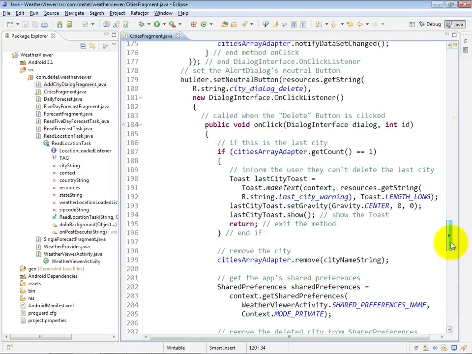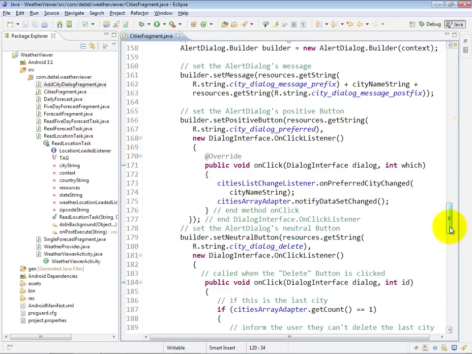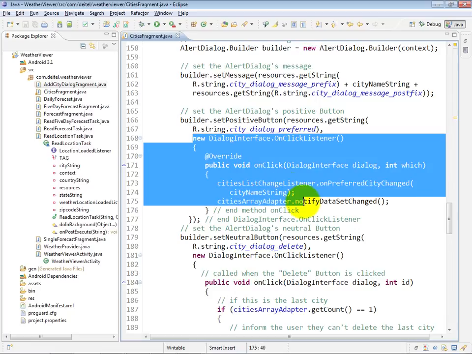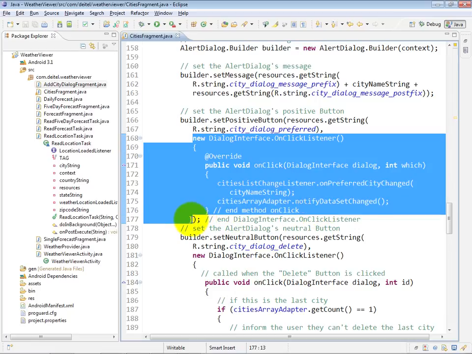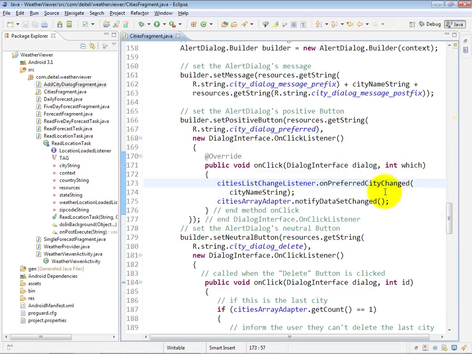So if you go back up here to the positive button, you can see that when the user touches the positive button, we have an OnClickListener that we've implemented here, which is going to say to the city's change listener that the onPreferred city changed, and we're going to pass through the city name string, so whoever's listening for that event is now going to know that the preferred city has changed. And then we also update the city's array adapter